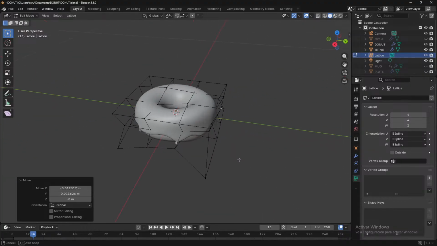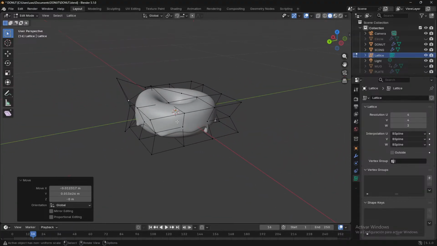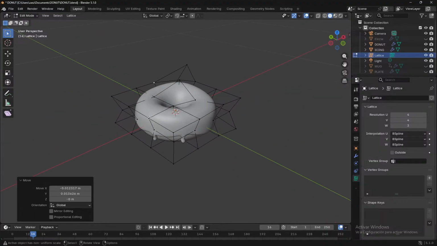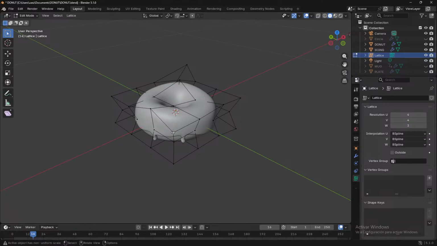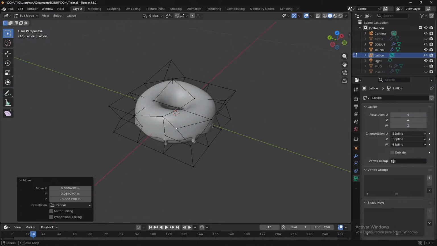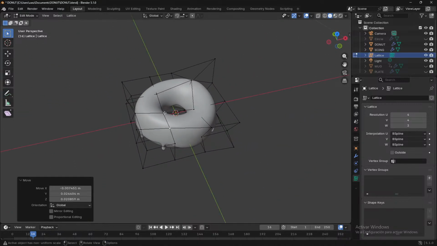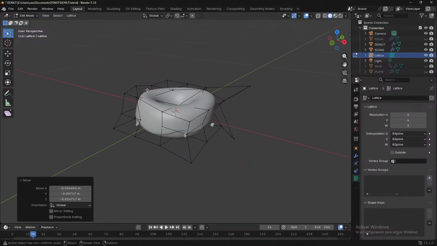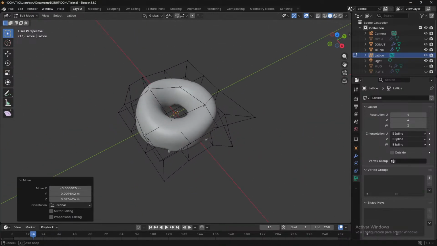But we can also now apply it. Once I know that I like everything, I don't want to have this lattice sitting over it forever. So I can just apply that by going to apply and then selecting the donut. And I can also say apply there. And now I can just delete this lattice. And now it's like I modeled that, right? All those shapes are now baked into it. And it looks good. As I said before, if you did want to do any more detail, you could, shift